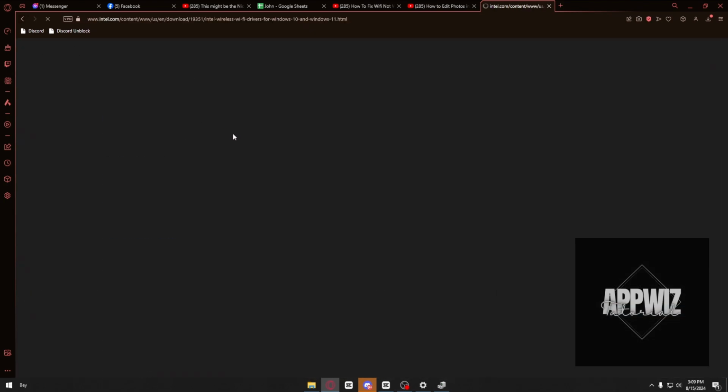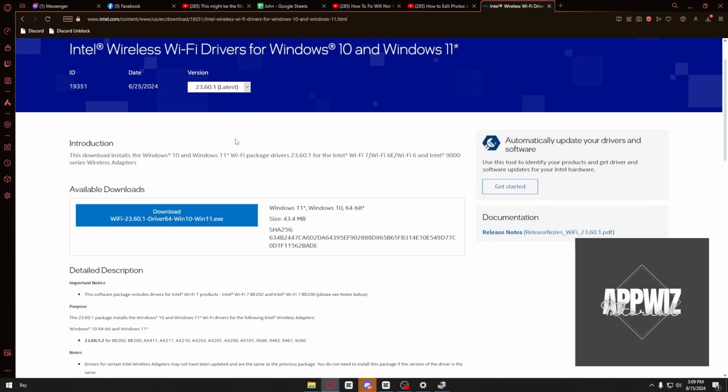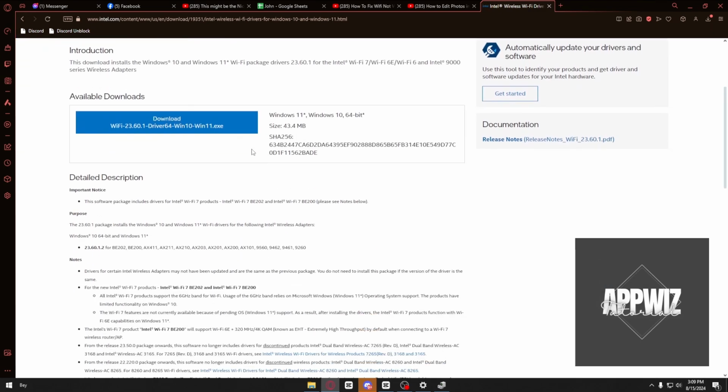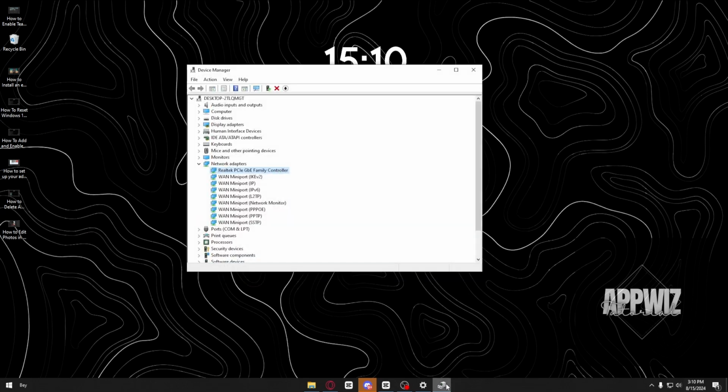Right after that, you want to open this website. And inside, you can just go ahead and look for the download button. As you can see, we have our Windows 11 right here. For Windows 10 64-bit, you can just download this driver in order to get the latest driver that they have available. And right after that, going back to the Device Manager, you want to head over to